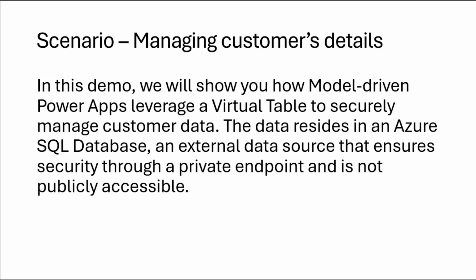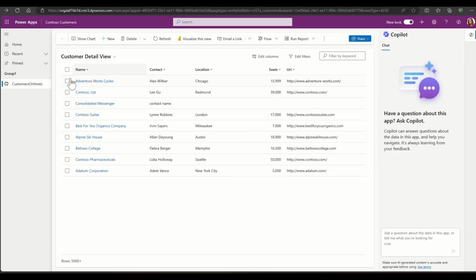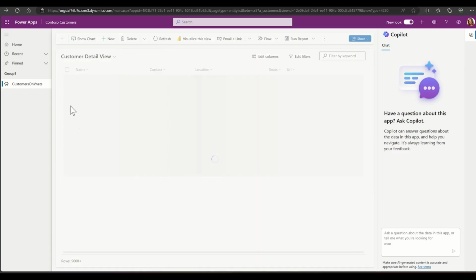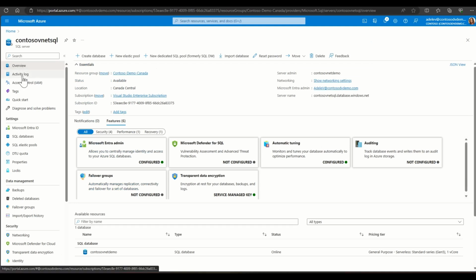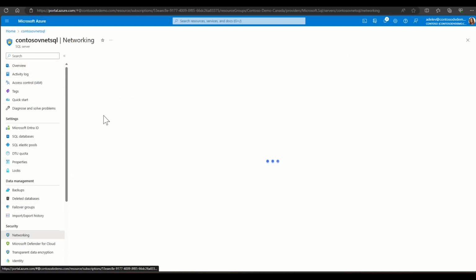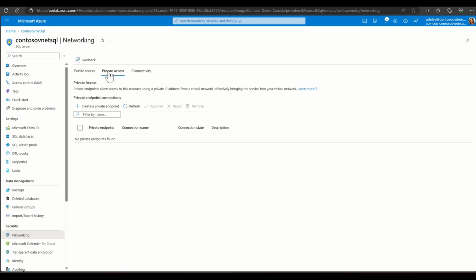So in this demo, we'll see how a model-driven Power App leverages a virtual table to securely manage customer data. You can see in this diagram that we are connecting Power Apps with a virtual table in Dataverse using the SQL connector. And the SQL connector is connecting to the SQL database in Azure over the private endpoint. You can see here that we have the customer details, and we are accessing the SQL which is behind the private endpoint, and public internet is disabled. So you can see that we have private access enabled on the SQL. Now using this,